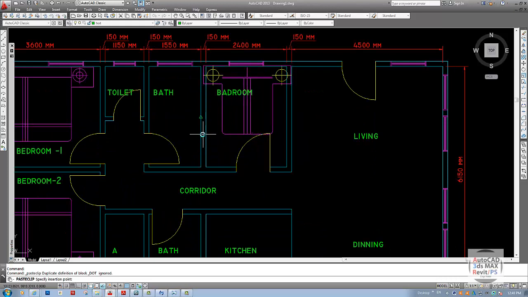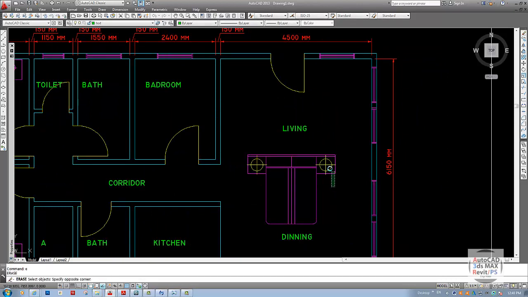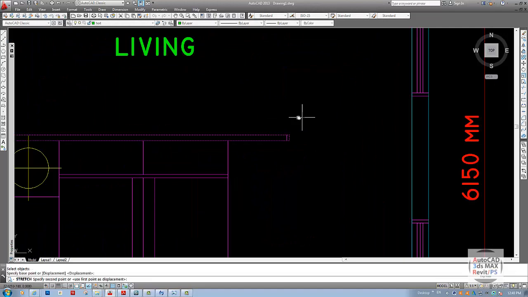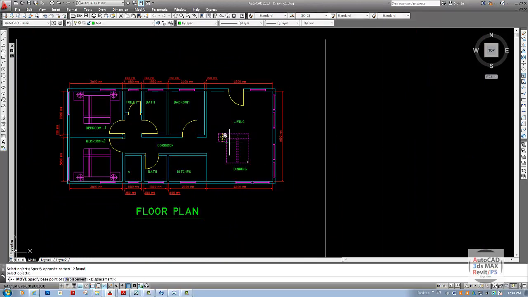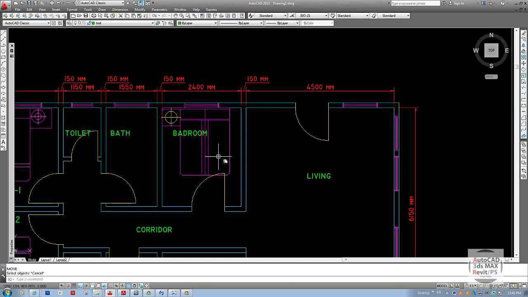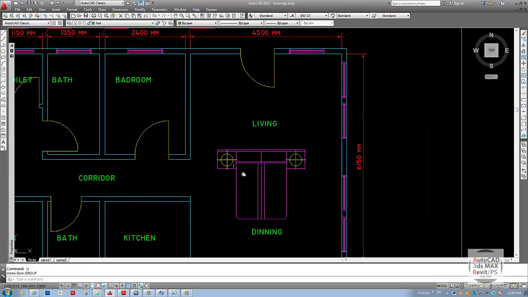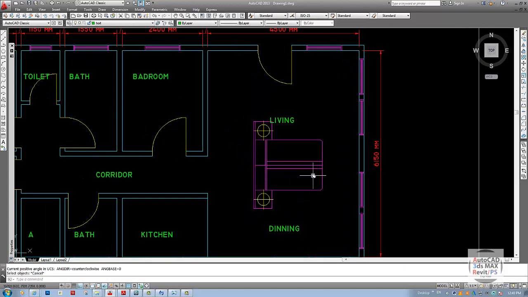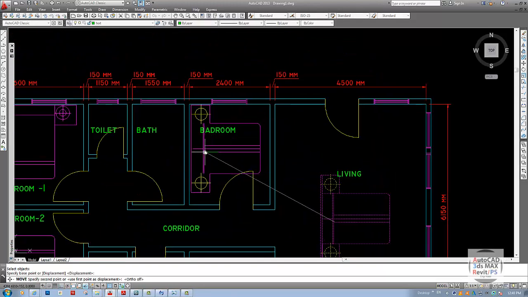I'll just paste it over here, and still you can see it's a bit bigger, so I can actually scale it. So I'll just put it here. I'll just erase this part, maybe just check how it will come out. Moving from this point to this point, it doesn't look good enough because it loses its symmetry. So I'll just bring it back and try to scale it a bit,